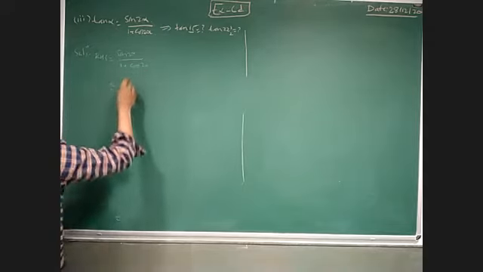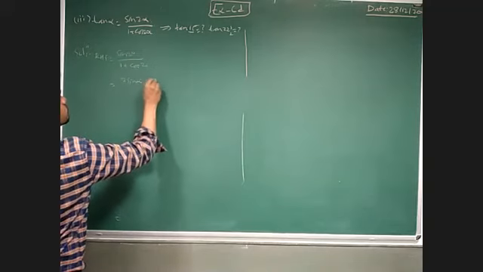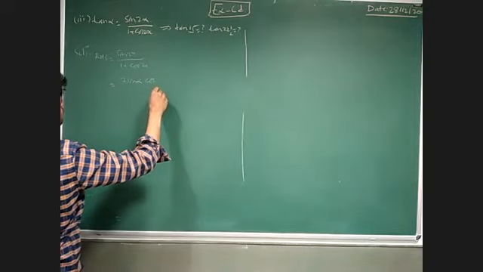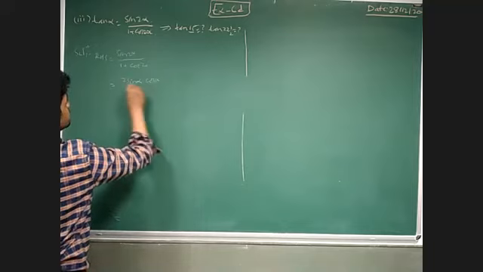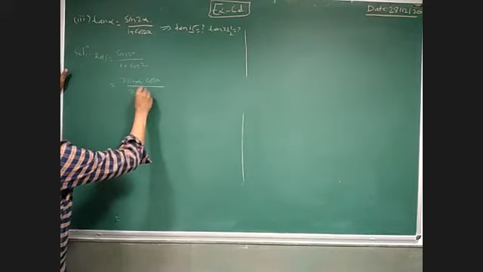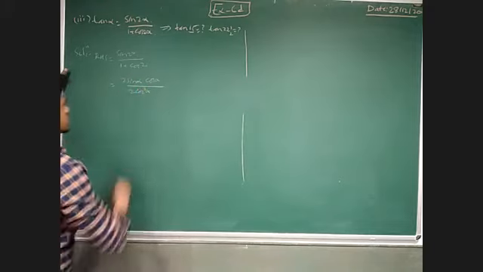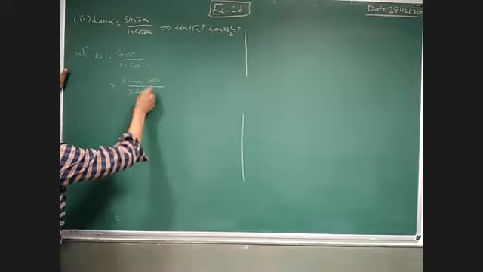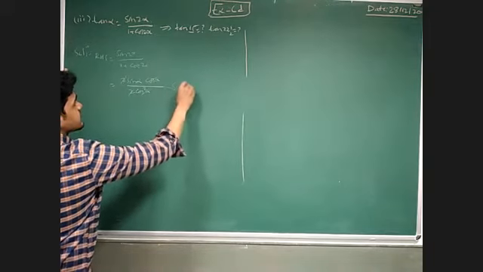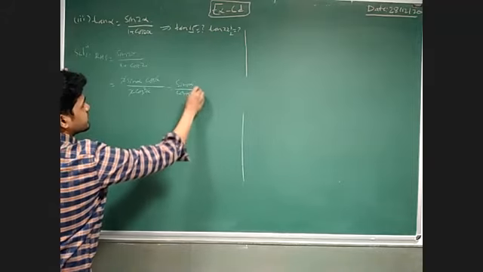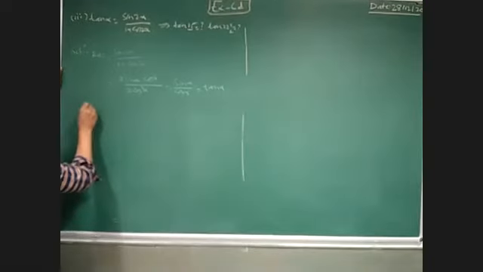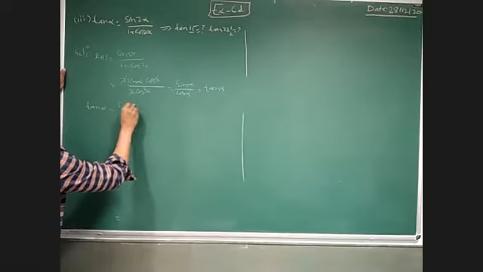I know the formula of sin 2 alpha, that is nothing but 2 sin alpha into cos alpha, and 1 plus cos 2 alpha is nothing but 2 cos square alpha. Then 2 will get cancelled, cos alpha will get cancelled. So here I will have sin alpha by cos alpha, that is nothing but tan alpha. Okay, so here we prove that tan alpha is nothing but sin 2 alpha by 1 plus cos 2 alpha.